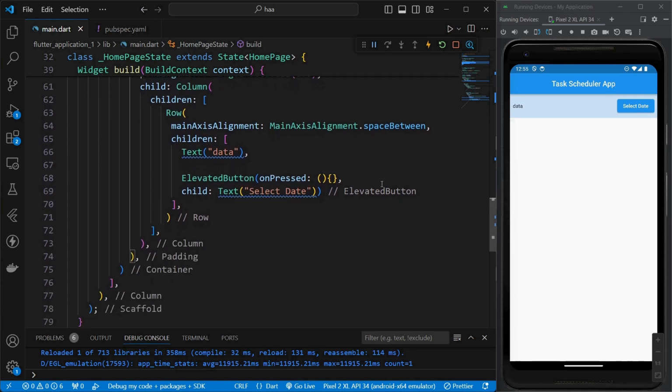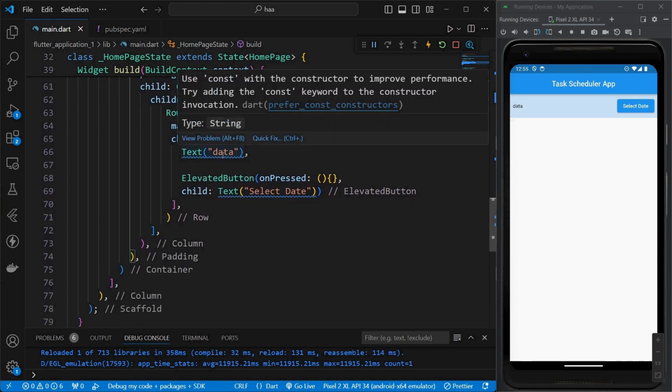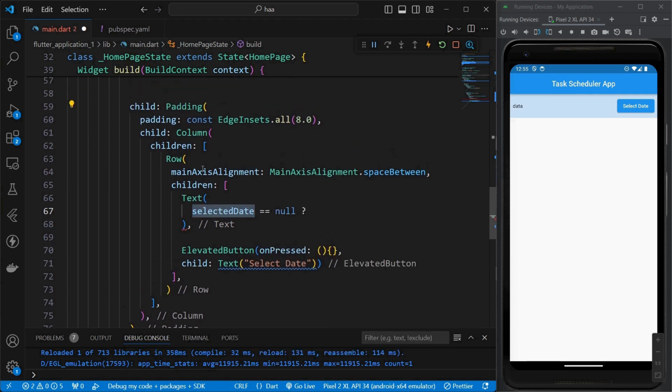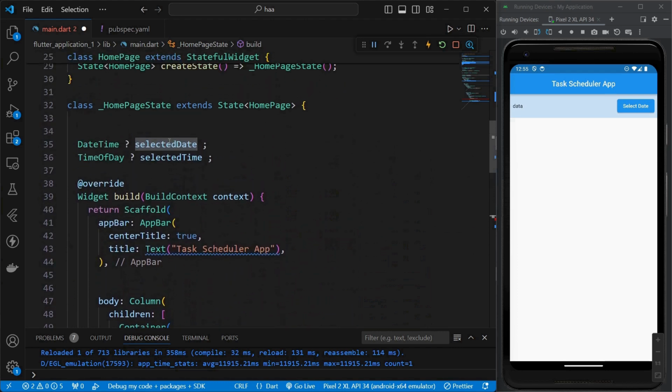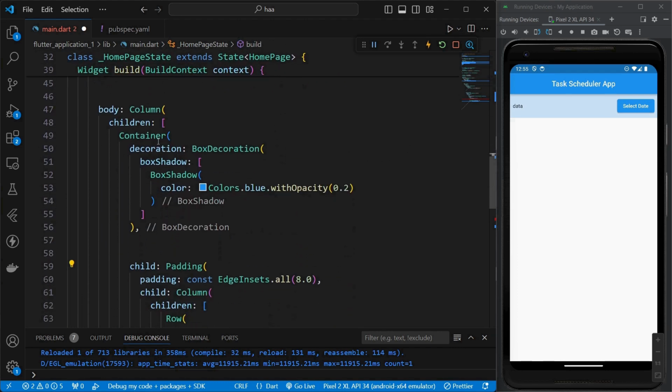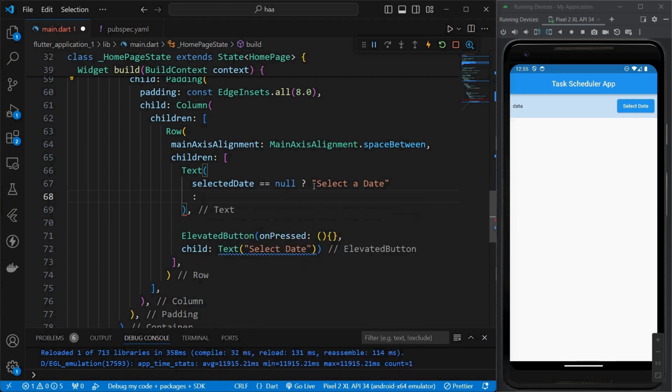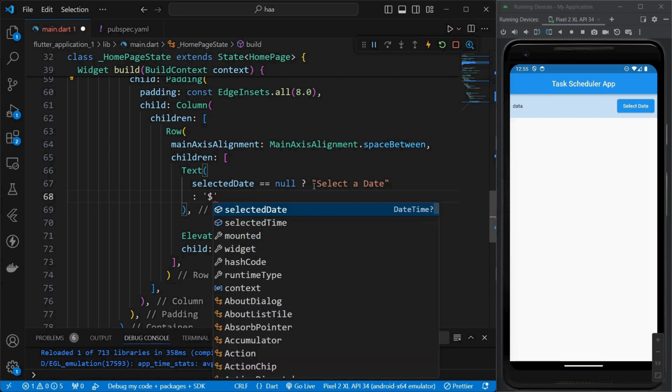And now we'll come to this text widget, and I'll just remove this. And what we'll do here, first we call our variable selectedDate, and we'll check if it's null. So this selectedDate is our variable which we have declared here. Okay, and now if our selectedDate value is null, what we can do, we can print "Select a date", and otherwise we can just show the date. So we'll use dollar sign and use DateFormat,